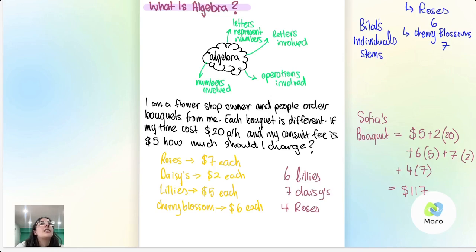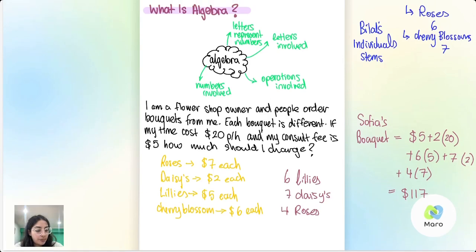This customer didn't want me to make a bouquet at all. This customer just wanted me to pick some stems from my collection, put them in a bag, and give them to him. So, is that going to take any time? No. So, do I charge him my hourly time rate? No, I shouldn't. Now, so for Bilal's cost is going to equal what? Somebody tell me.